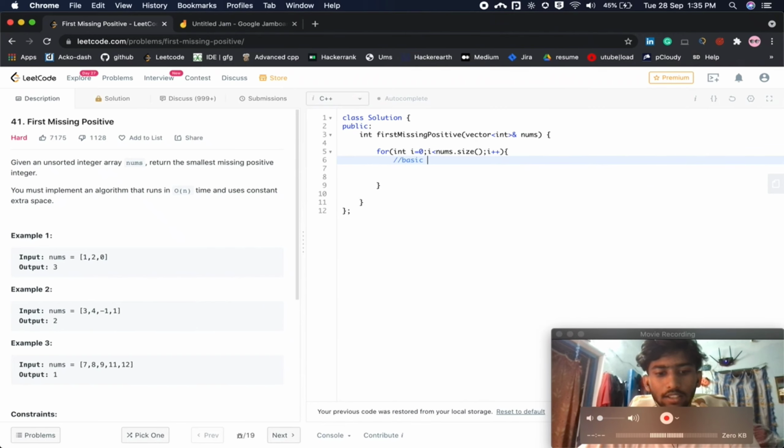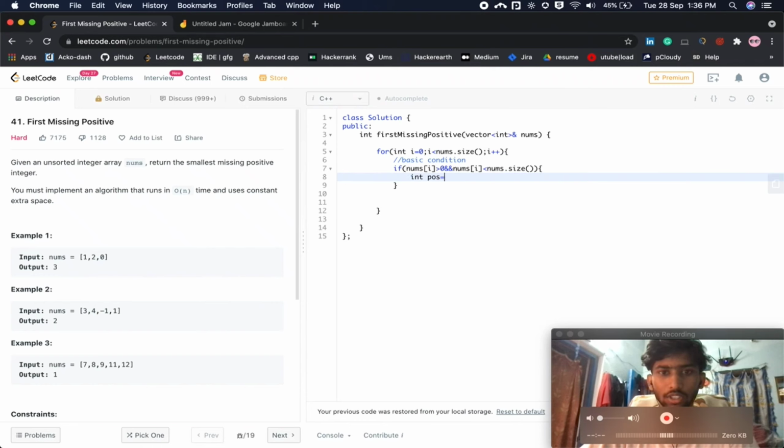Some basic conditions we have to match here. The number should be positive, then only we are going to traverse it. And if it is not in its right position, first we have to calculate its position.